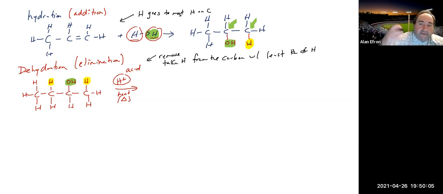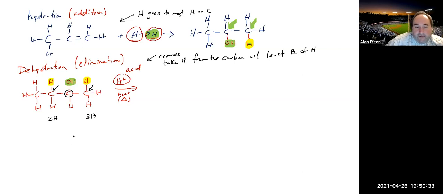When we take it off, we take it off from the one with the least. So sort of opposites of each other is essentially what happens in this reaction. So what does that mean? Well, we're going to look at this carbon, which obviously is where our OH is going away. Now we need to look at the carbon to the left, and we see this guy has 2 hydrogens attached to it. We look to the carbon to the right, it has 3 hydrogens attached,